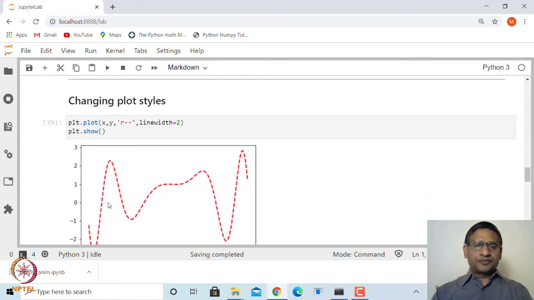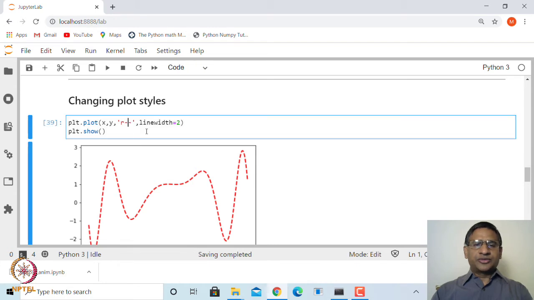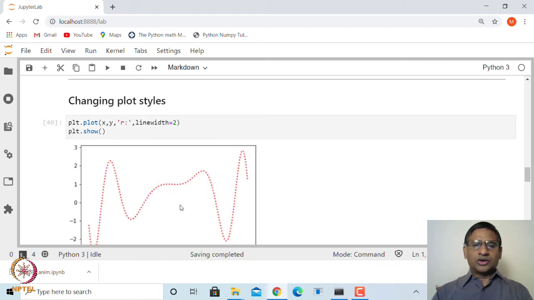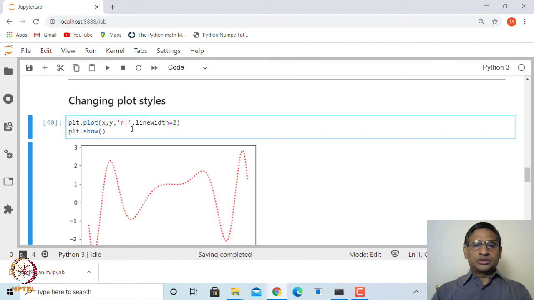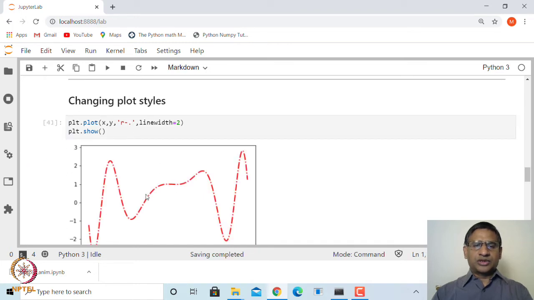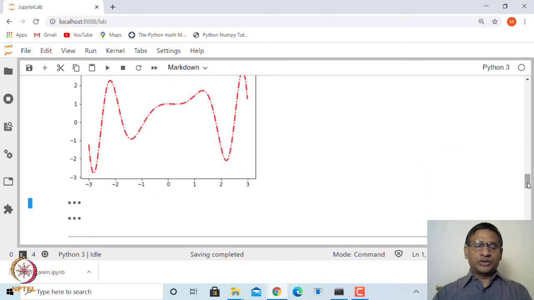This will plot. And similarly, if you want, let us say a dotted line, you simply say colon, then it will plot as dot dot dot. If you want to plot using plus or using some other symbols, there are several options available. So, you can just explore. If I say hyphen and then dot, then it will plot hyphen followed by dot, hyphen followed by dot. Okay, that is what you can see. Many other things you can explore.